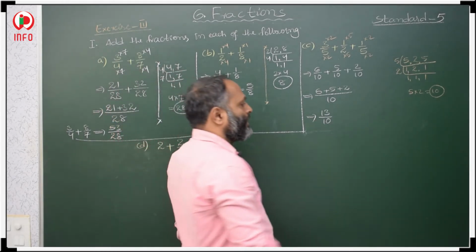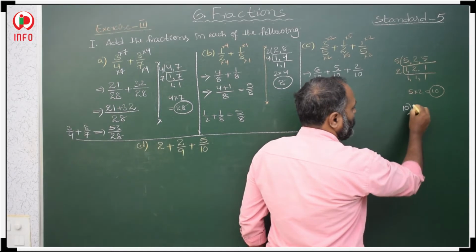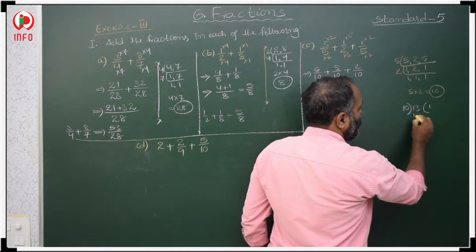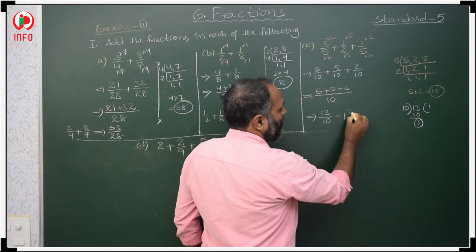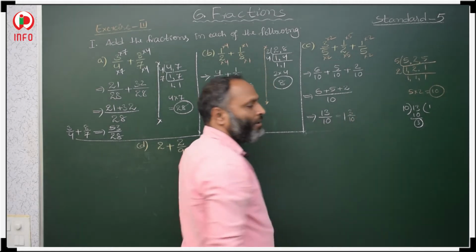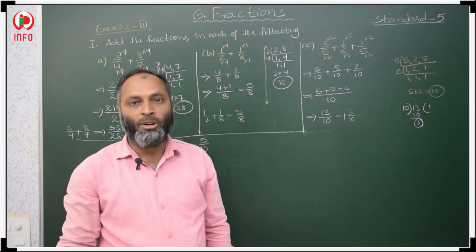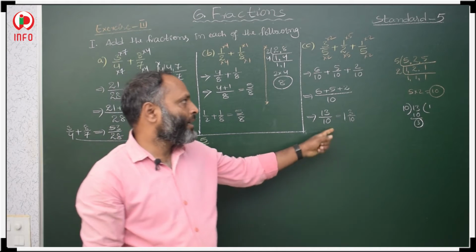Then convert into a mixed fraction. Then 10 divides 13. 10 ones are 10, 3 is the remainder. Then quotient, remainder by divisor. This is the method to convert improper to mixed. So, like this we have to